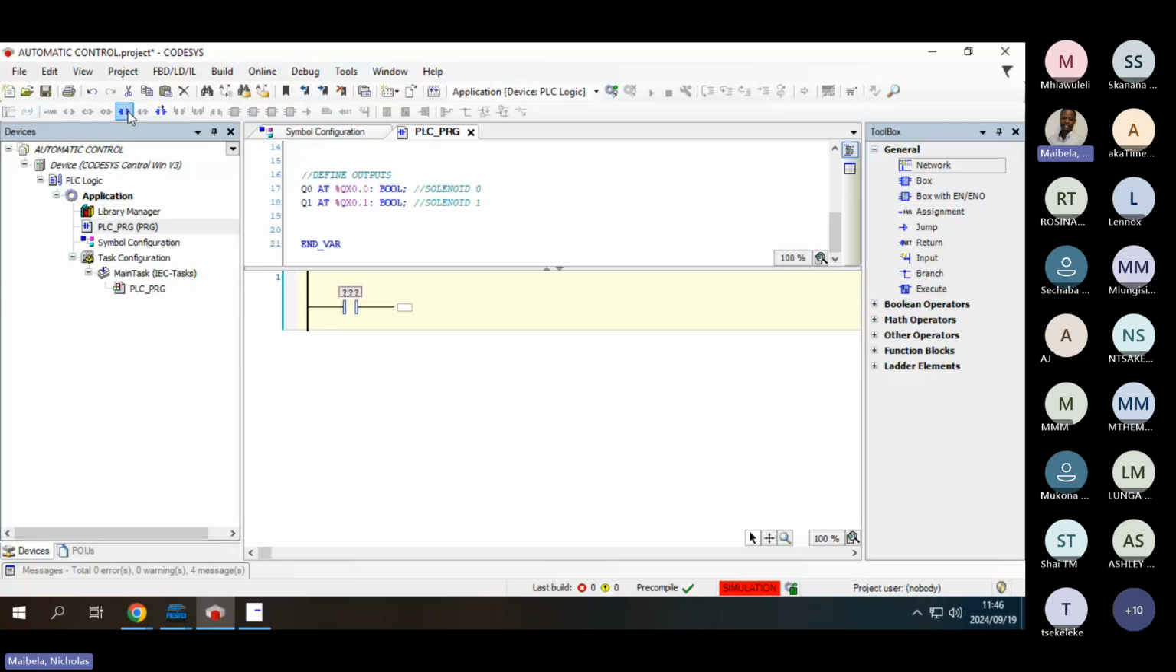So you're going to click that, and then it will appear under your variables there, right? And we said our first input is I0, which is our start button, right? And then we said our output is solenoid 0, which is Q0, which we have already defined. So first things first, you're going to